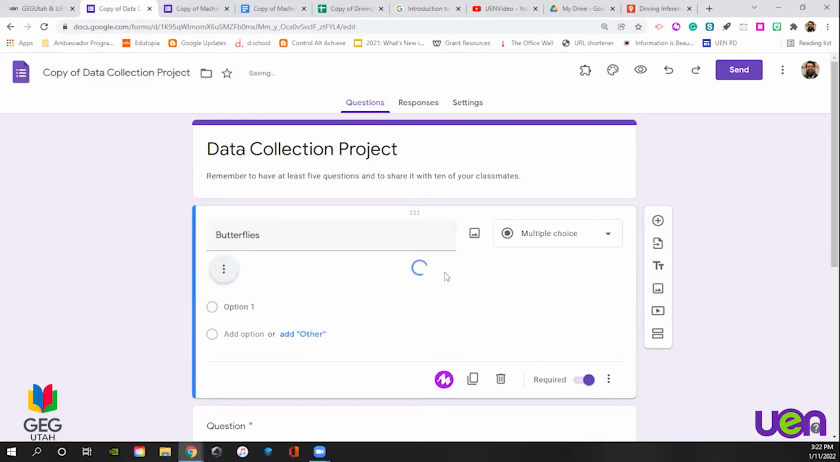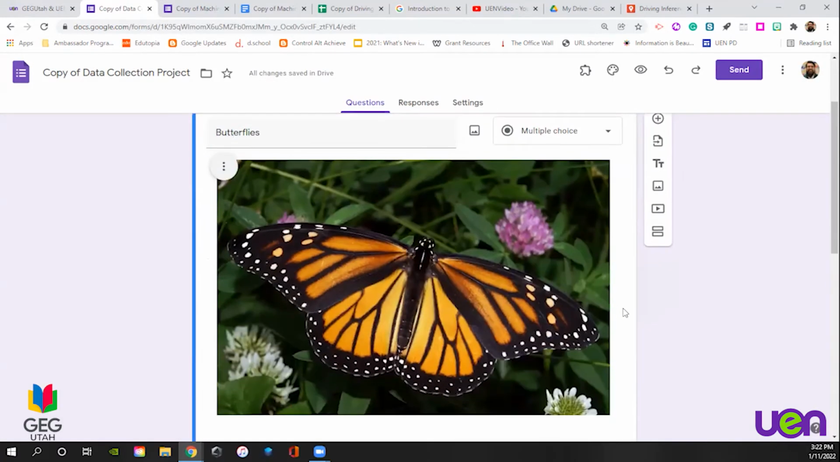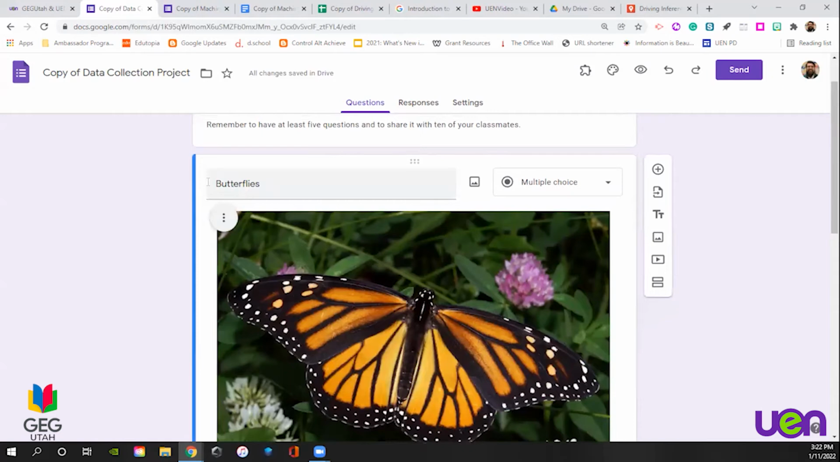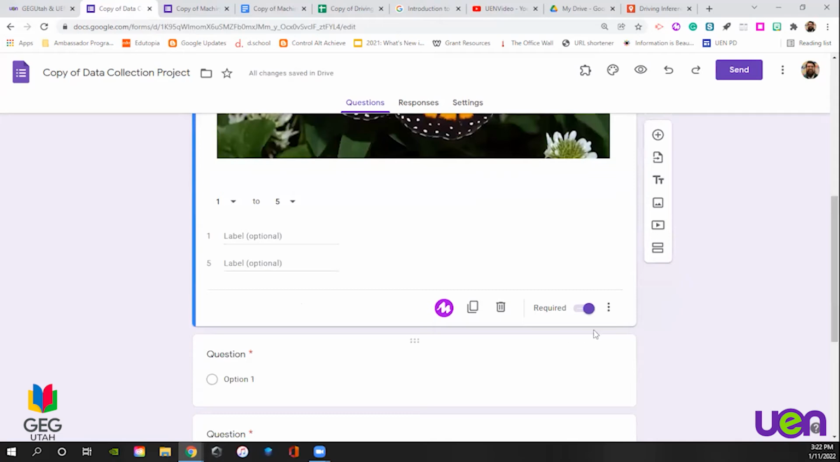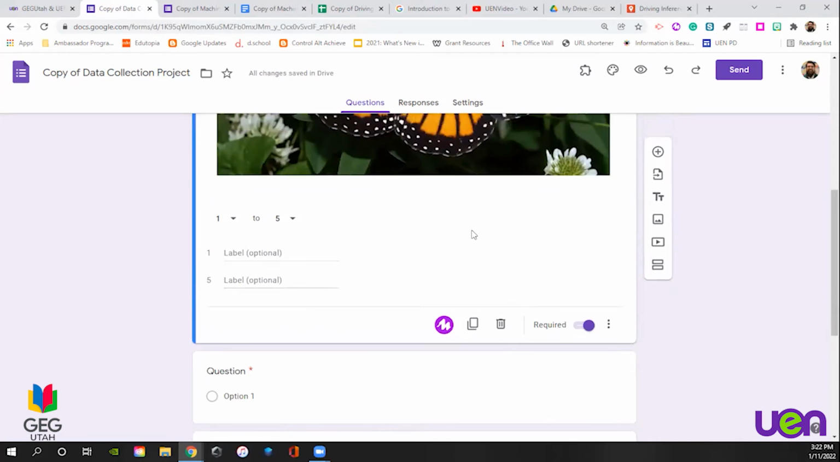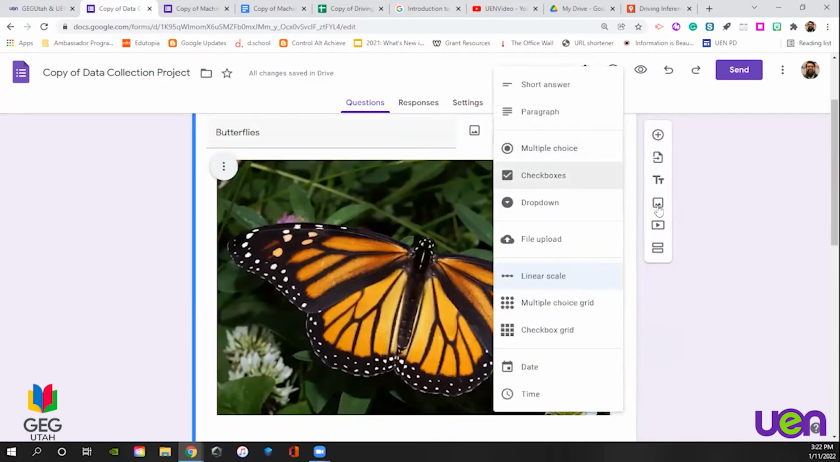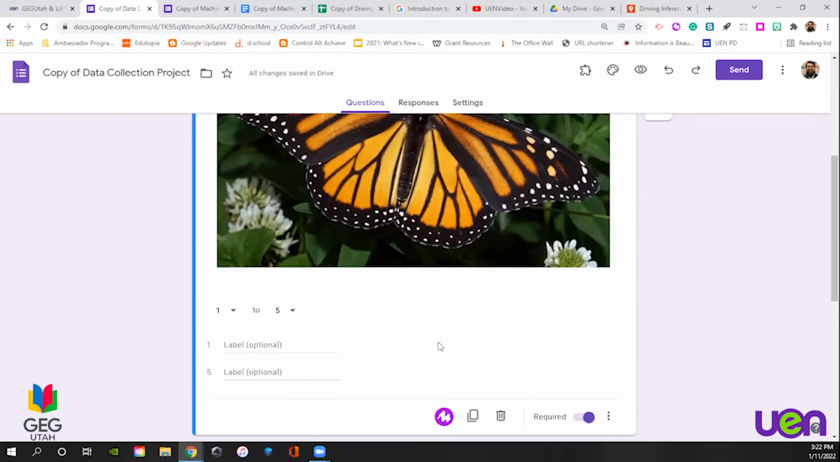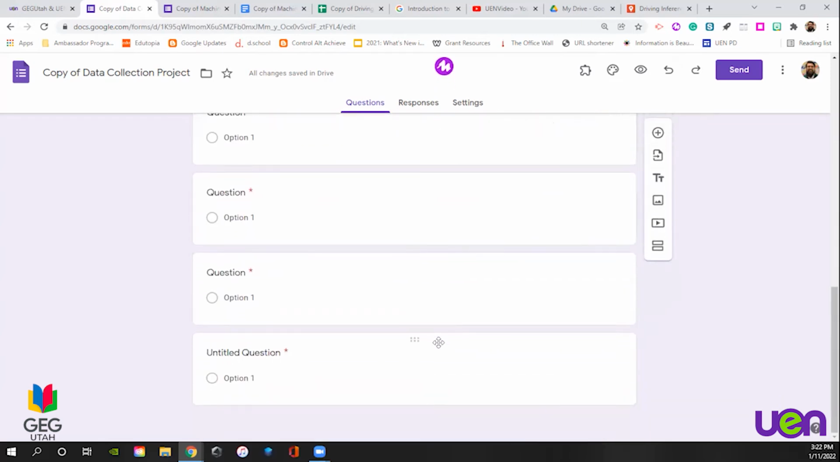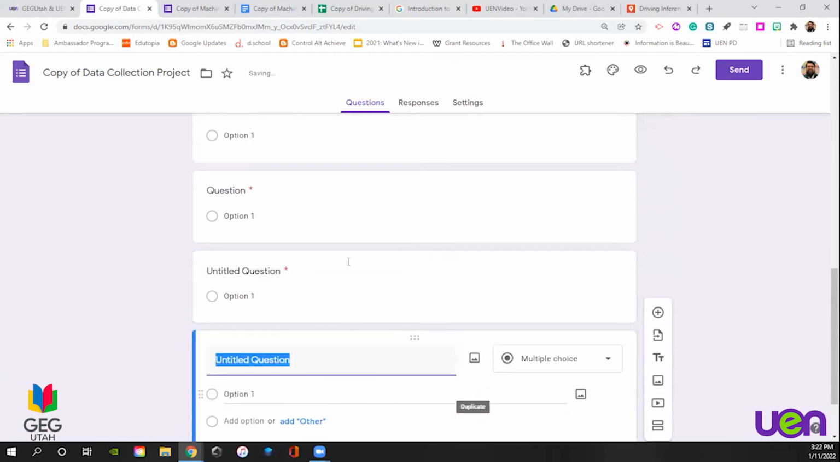So this is what Google asks them to do. Choose 5 to 10 things that they're going to have their classmates rate. So on here, I've got butterflies. I'm going to change that to a linear scale and 1 to 5 and let the students choose. Or you could do a multiple choice or a drop down on there as well. There's multiple ways to do that feedback. So the students will choose 5 to 10 things. I've already only put in 5 spots here, but